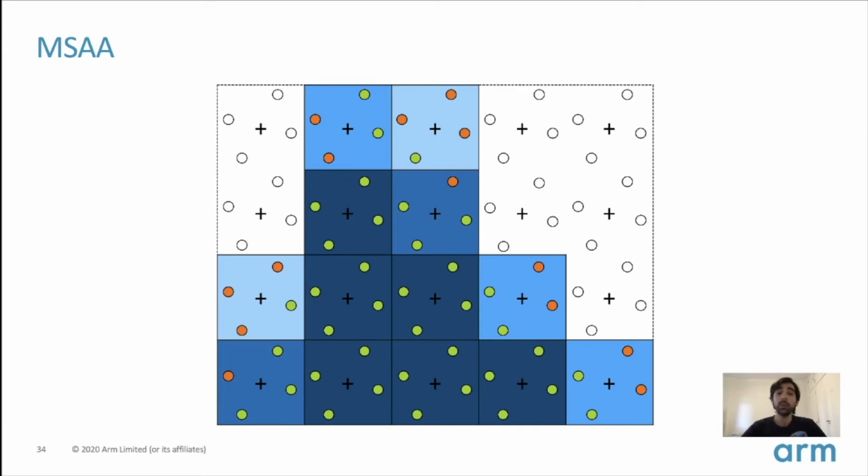Now, when I said that we average the results of the samples, this is the operation known as the resolve operation. We are resolving the samples from 4 samples, which we are using to get more information and get a smoother result, where we have to reduce all those 4 samples into 1 sample, because at the end of the day, when we're rendering to the screen, we need 1 final color value. And this operation, as I said, is known as the resolve operation.